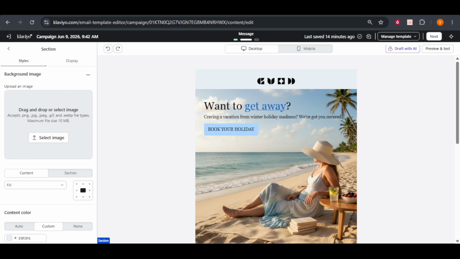Today, I'll show you how to add a GIF in Klaviyo, a fantastic way to enhance your email campaigns with a bit of animated flair. Adding graphics like GIFs can make your emails more engaging and drive better interaction from your subscribers. In this tutorial, I'll guide you through the process step by step, ensuring you can easily integrate GIFs into your